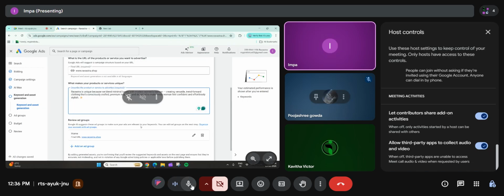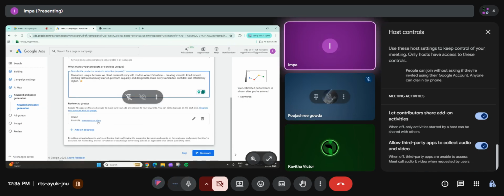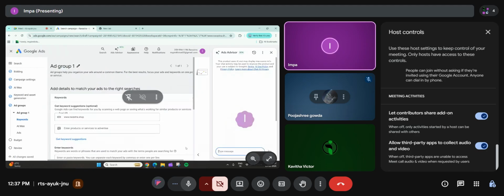Okay. Now scroll down. Review and groups. Click on skip at the bottom. Okay.